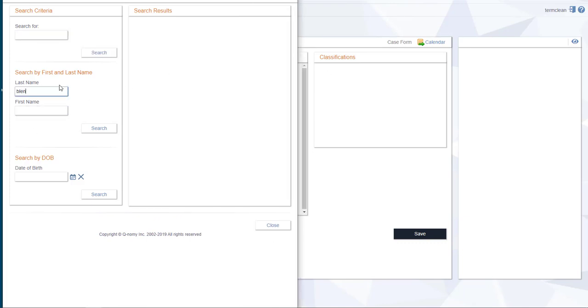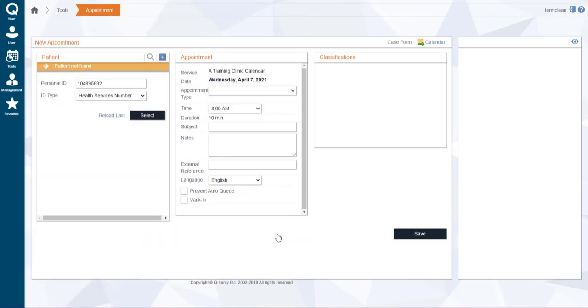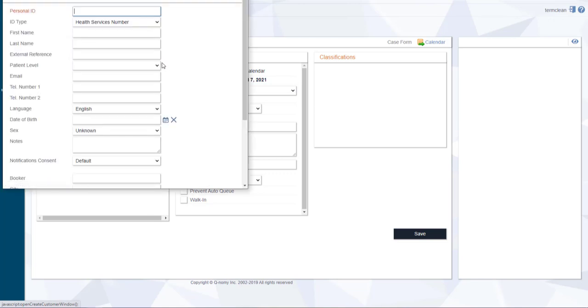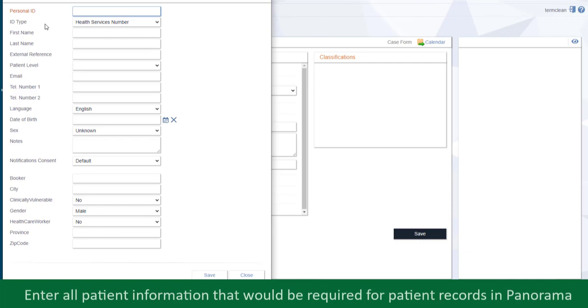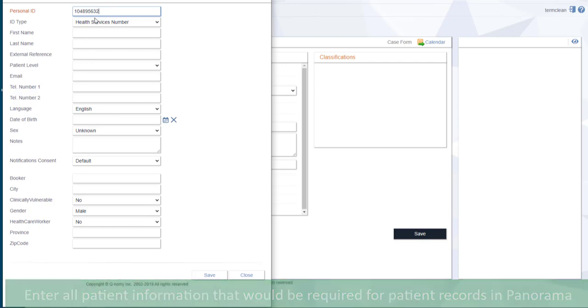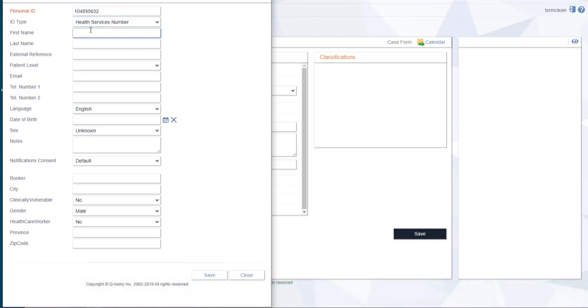I am going to search using the last name. No results are found. I can close this window and I can create a new user by clicking on the plus sign on the right-hand side. I would suggest when you are creating a new user account that you enter all the information that would be required to enter this person in Panorama. So we would want their personal ID number, their ID type, their first name,